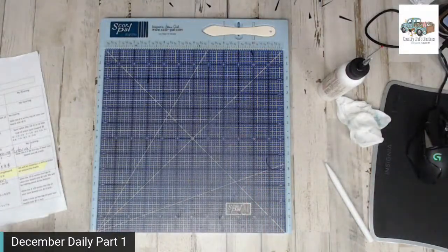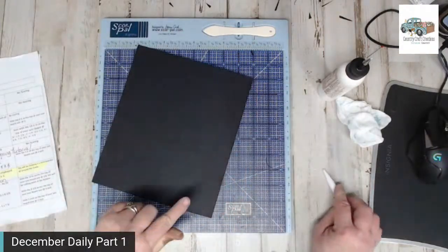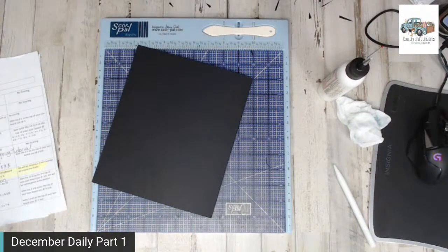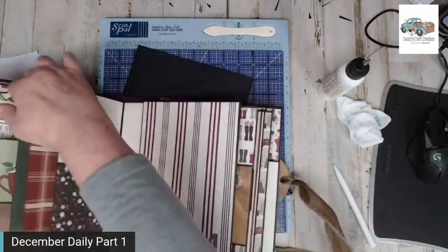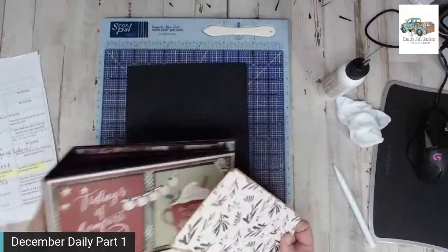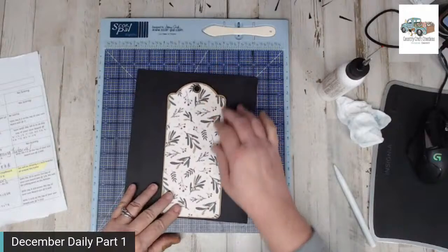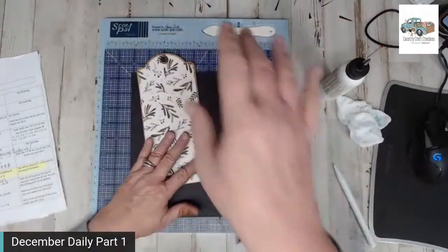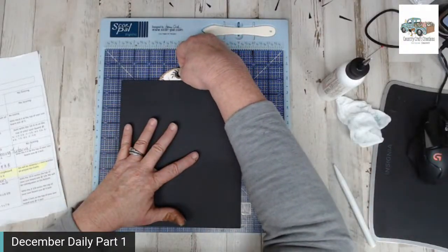Trim that one. Now, there's another fun thing, and I've shown this before. Let me get a tag. Because you do have the tags also in your kit, but you'll notice the tags are too long for this album. I mean, the pages are too long. So if you wanted to use any of the tags in your album, but you wanted them to stick out at the top, which I really like to do,